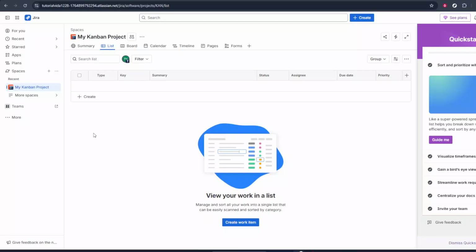In today's video, I'm going to teach you how to add a user to a project in Jira. By the end of this walkthrough, you'll be able to quickly invite teammates to a specific project so they can start collaborating right away. First, make sure you're logged into your Jira workspace and that you have the right permissions